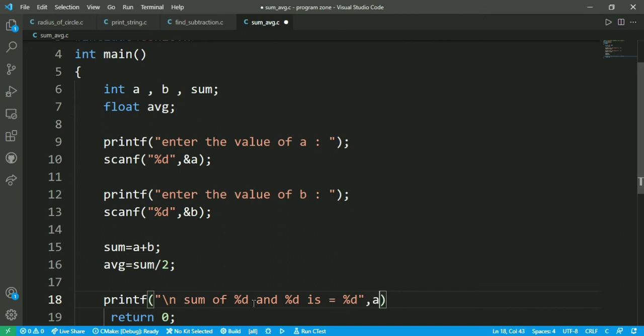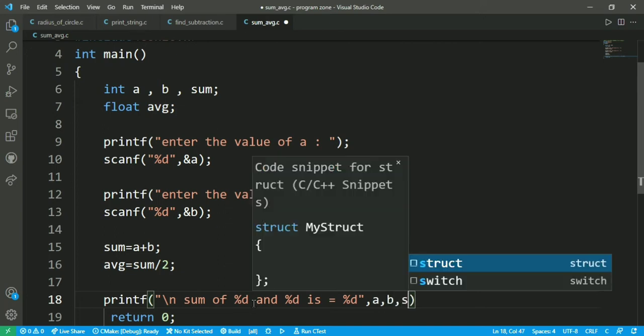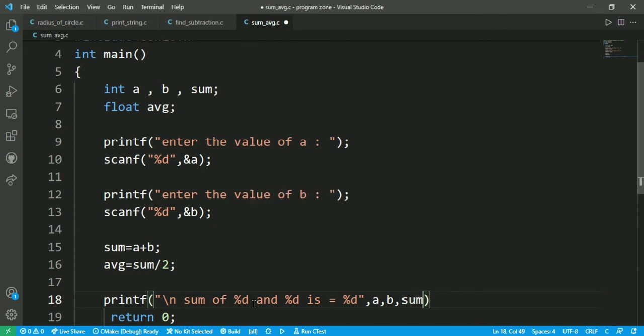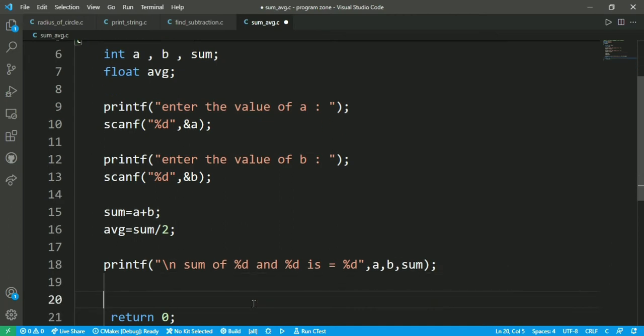After that we have to mention the variables as well: a, b, sum. And put the semicolon.